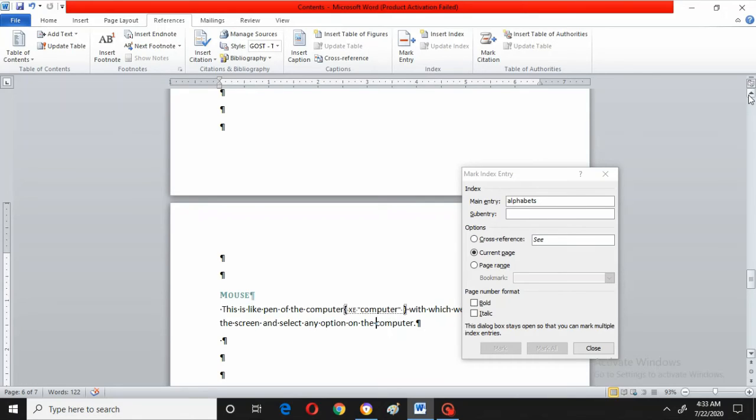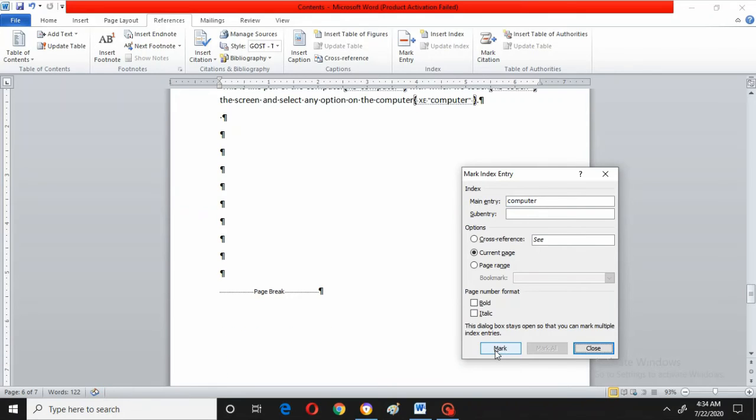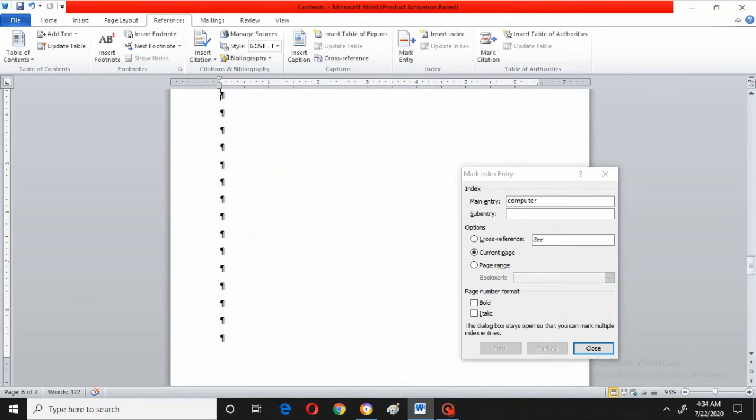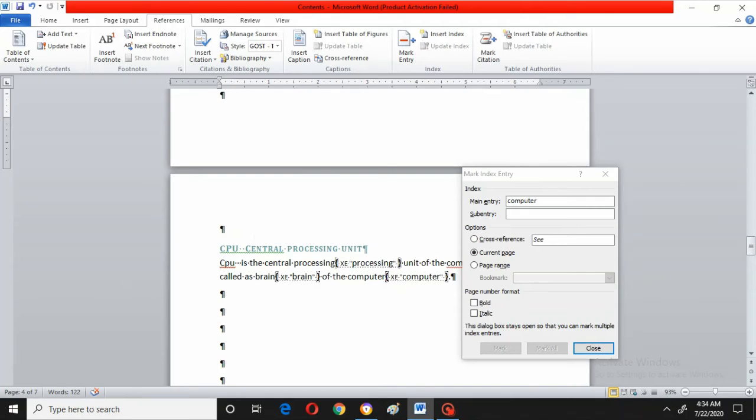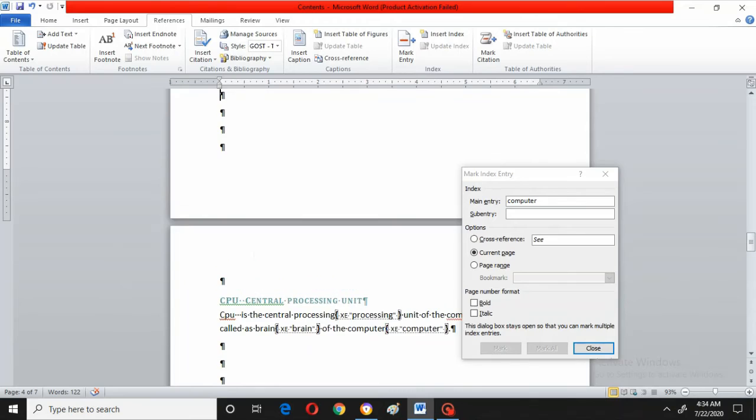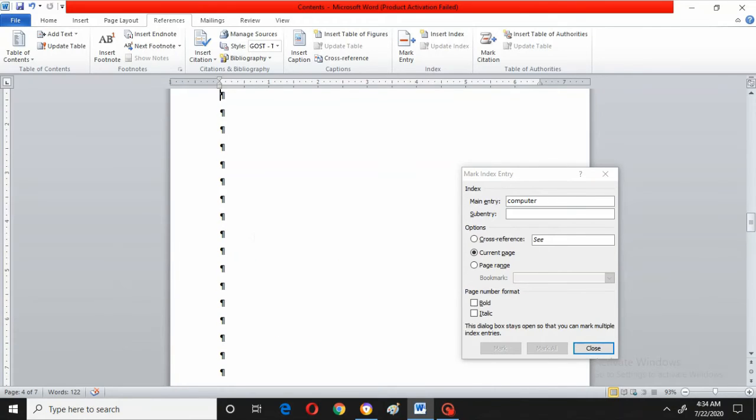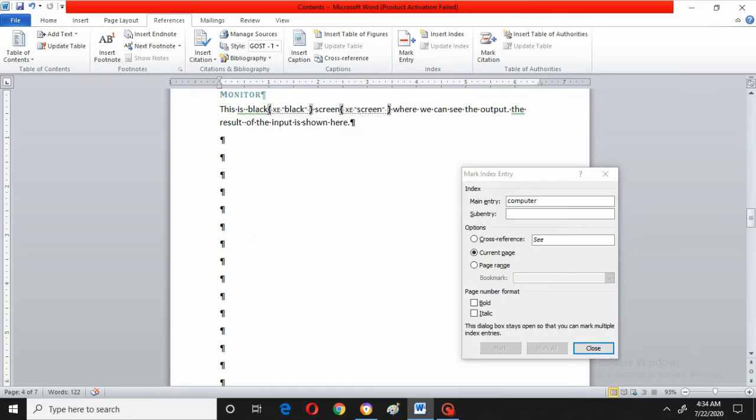Now for explanation purposes I am selecting the word computer here. Can you see here? Now again I will go to the mark entry. Here I will click there, so automatically it is taking that computer, right? Now again come to the mark, that means to that mark computer it is also taking that mark entry. Now again I will go to the 5th page. In the 5th page I already did some brain processing before, so I will take one more word and I will show you how to put the index.